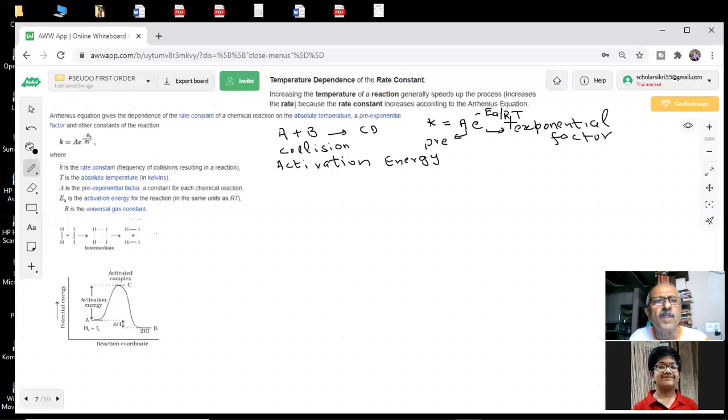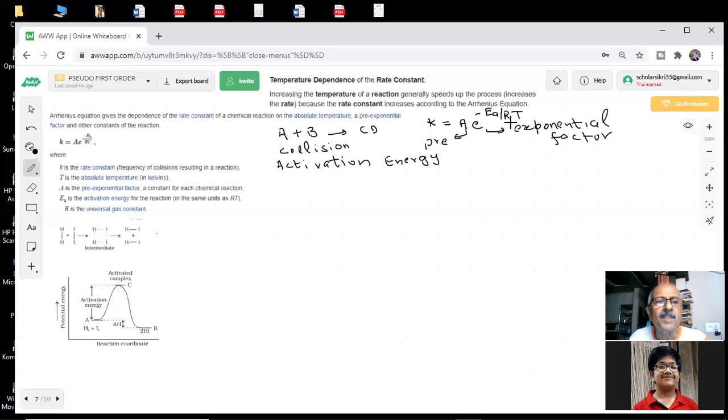So in the formula, when we keep the units, we have to be careful about which units we are using. R and T units must be consistent with the energy of activation. If you are using joules, then we have to use the value of R in joule per Kelvin per mole. R values have been given in different units because it is used in large calculations.